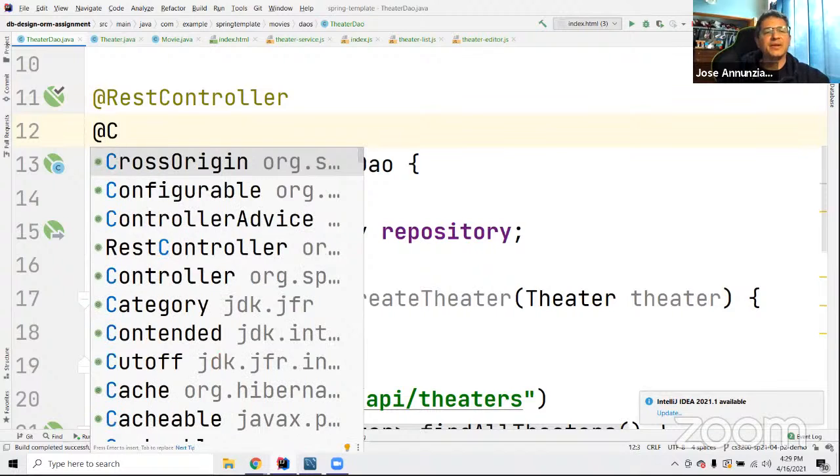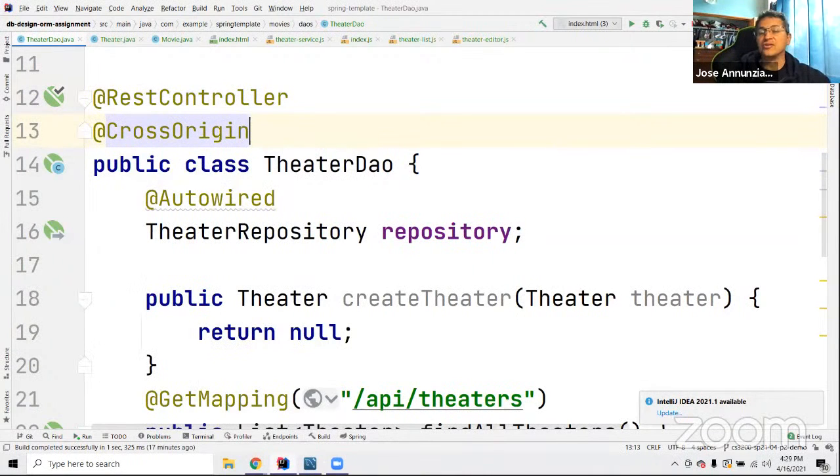So we're going to say cross origin is okay. It is okay for requests from a different origin to come to where you're running. Accept anything. We're going to say star, accept from anywhere, wherever it originates, let it come through. All right, let's restart the server